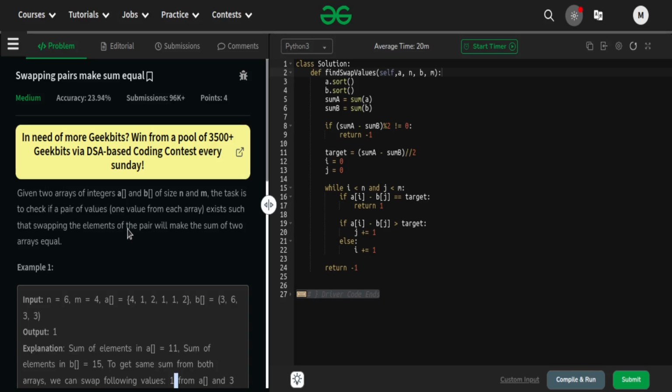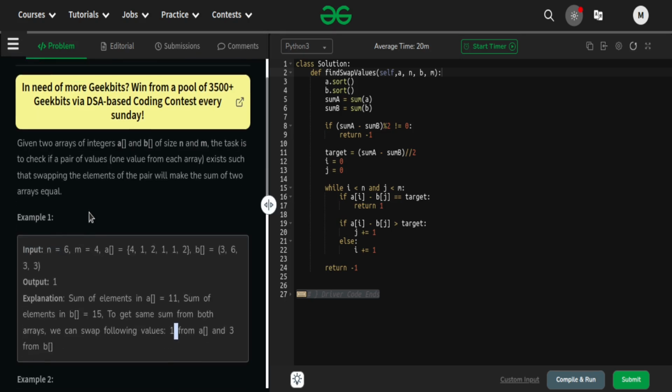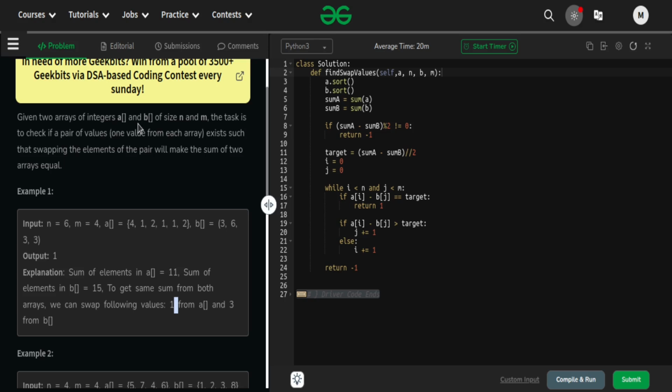Hello guys, in this video we are going to discuss the solution of the problem Swapping Pairs Make Sum Equal. So let us look at the problem statement. The problem statement says that given two arrays of integers A and B of size n and m, the task